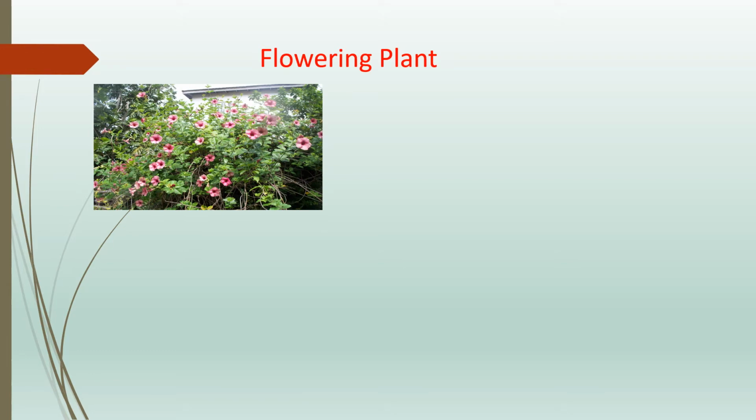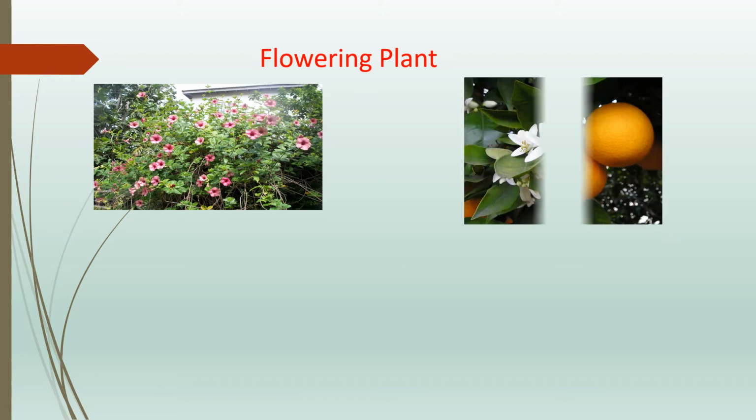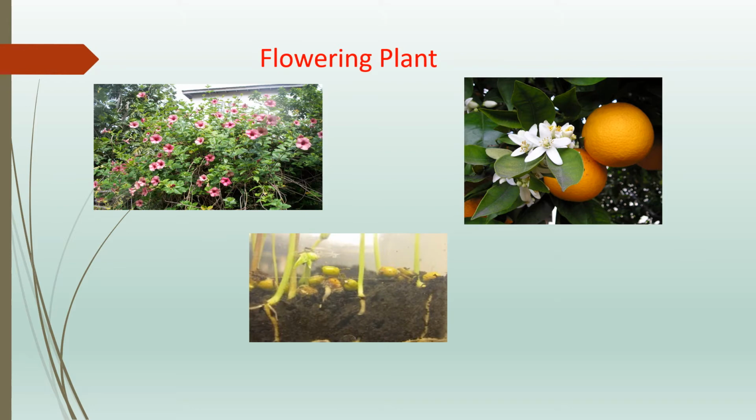Now let us see the difference between flowering plants and non-flowering plants. Flowering plants are those which bear flowers. These flowers develop into fruit and inside the fruit we can see seeds. When we eat the juicy portion of the fruit and throw the seed down, these seeds grow from the soil and in proper conditions they develop into new baby plants. So that is the basic concept of how reproduction takes place.